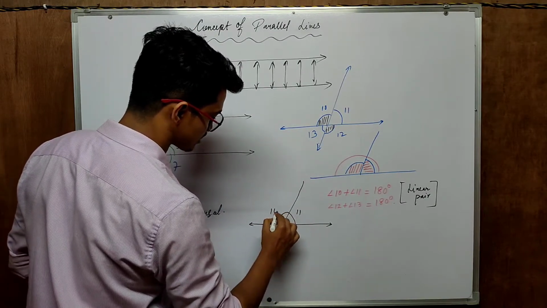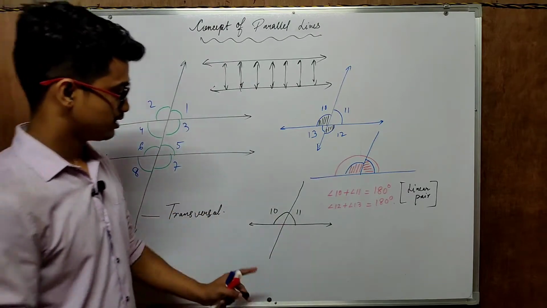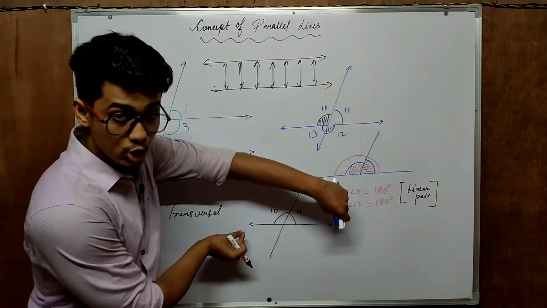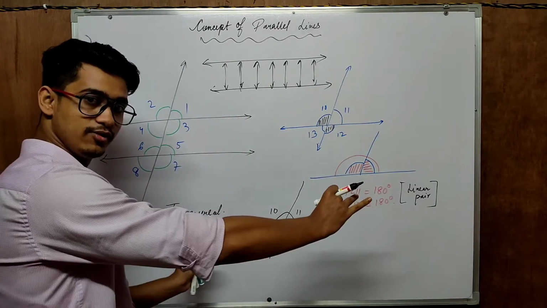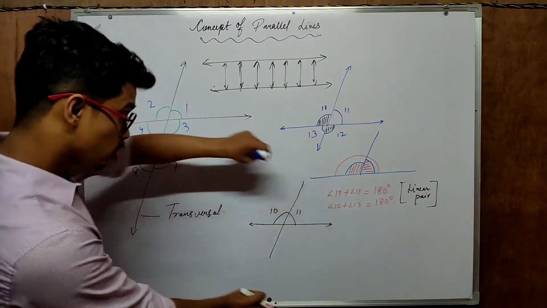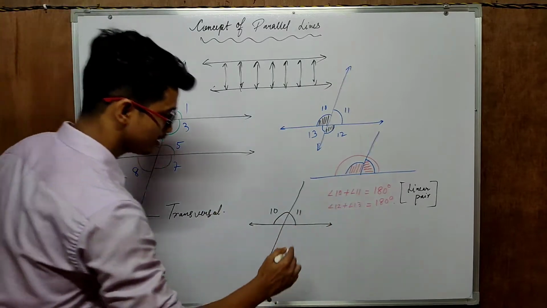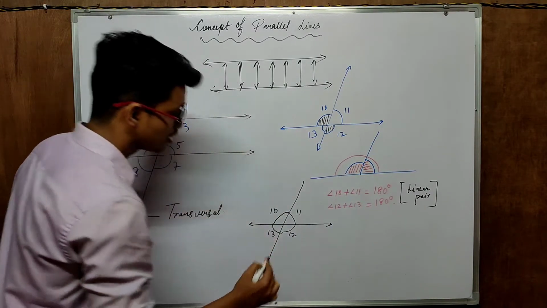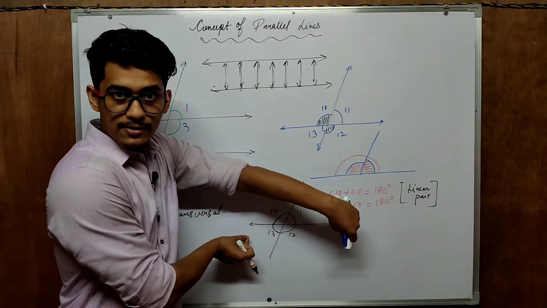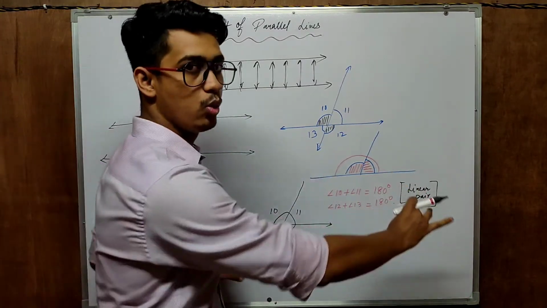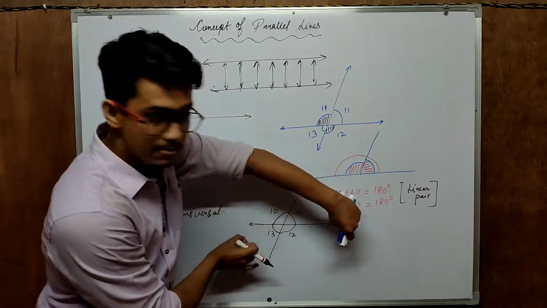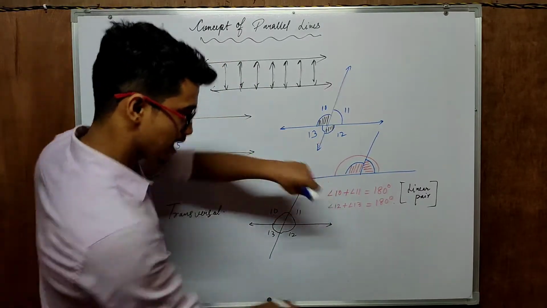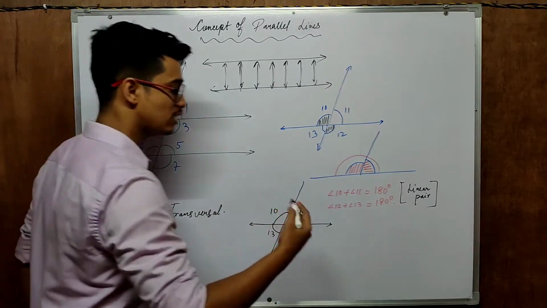11 and 10. So if you just see over here, this is 11 and this is 10, and if you just rotate this line that way, you will get to observe that... just pick it up and rotate it. Half rotation, not full. Half rotation. So the scenario will look like